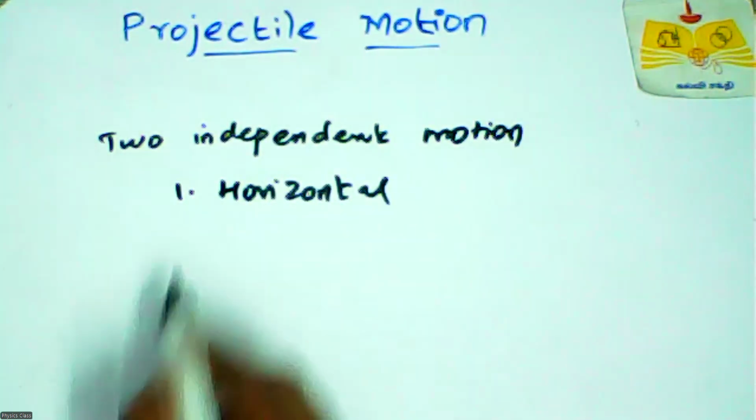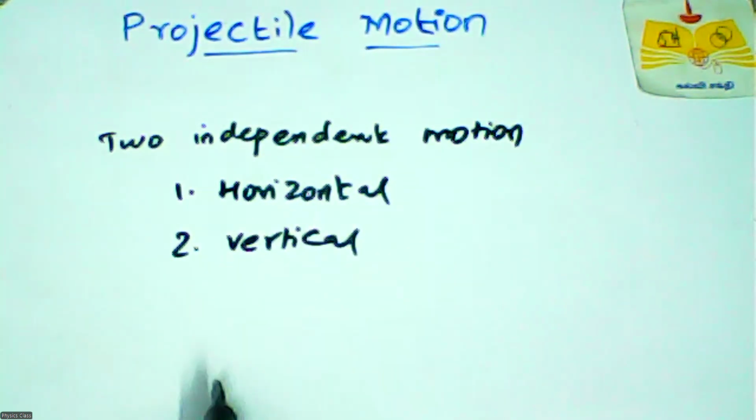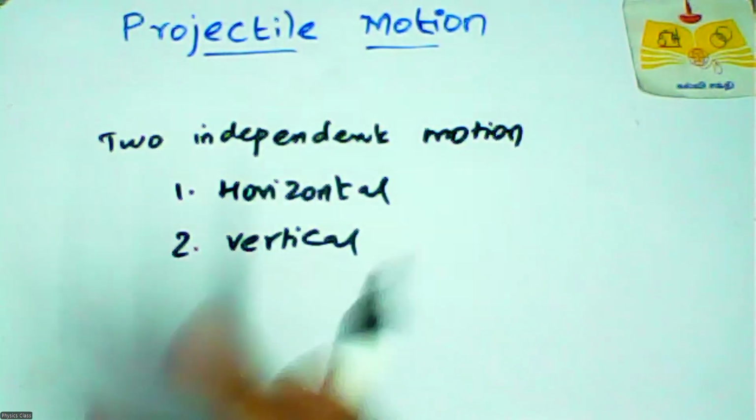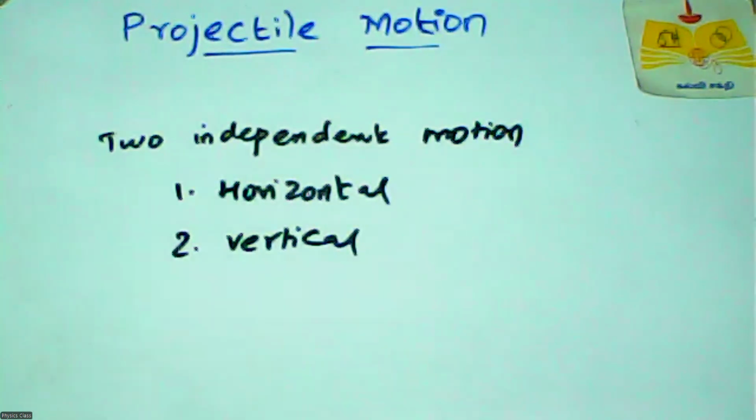Another one is vertical motion, that is accelerated by gravity. We have three equations for this projectile motion: time of flight, range, and the maximum height. For homework,